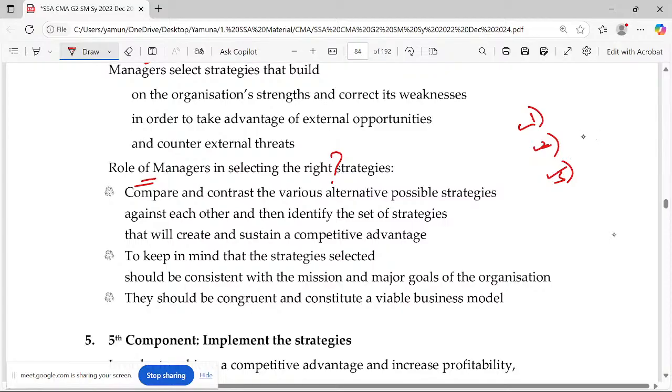So probably let's say the second plan was the better one compared to the first and third. They'll not completely eliminate the others, they'll just keep them in hand. It is like a stock. In case the second one is not working or the environment has changed, then they'll be utilizing the first one or third one. They're not going to particularly eliminate them.